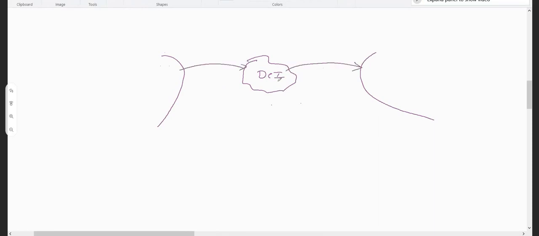What is DCI? Data Center Interconnect. Now, what is the special name? Why do I call it DCI? Just a WAN, right? Yeah, it is just a WAN. But the moment you say